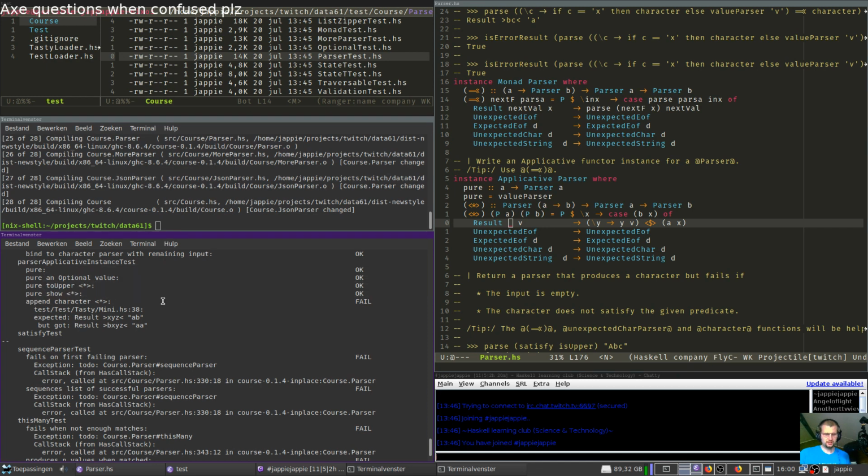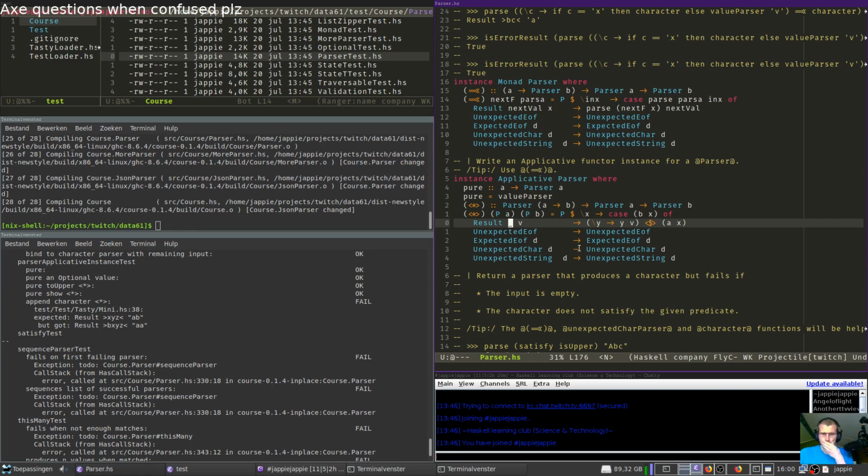Weird. Okay, we have A, which is the function one. We destructure that and apply the X input on that.